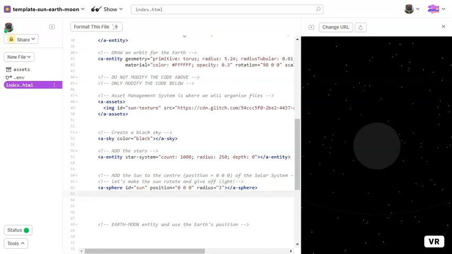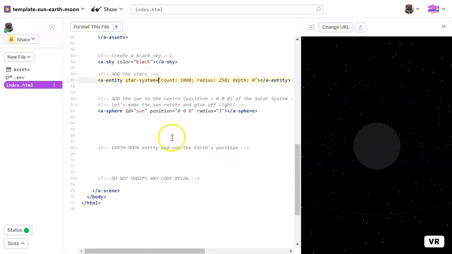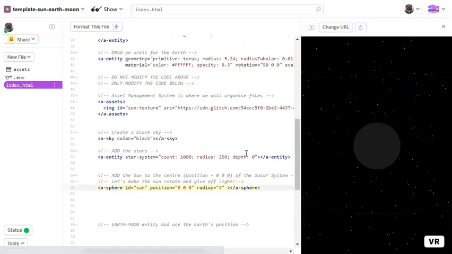And in this code here, right at the end after we've drawn our sphere, we type in and make reference to the ID sun texture. So we go SRC